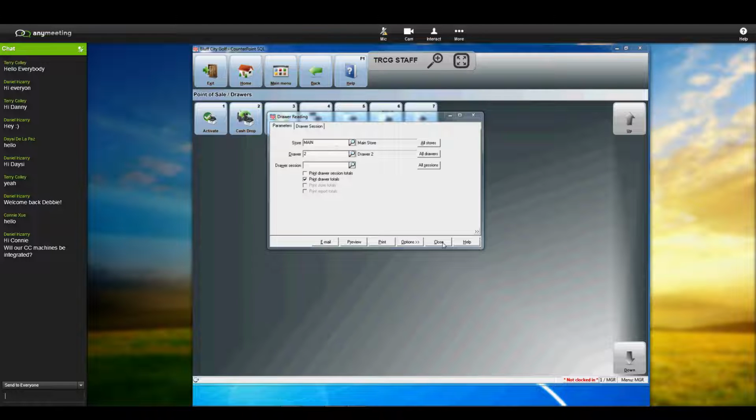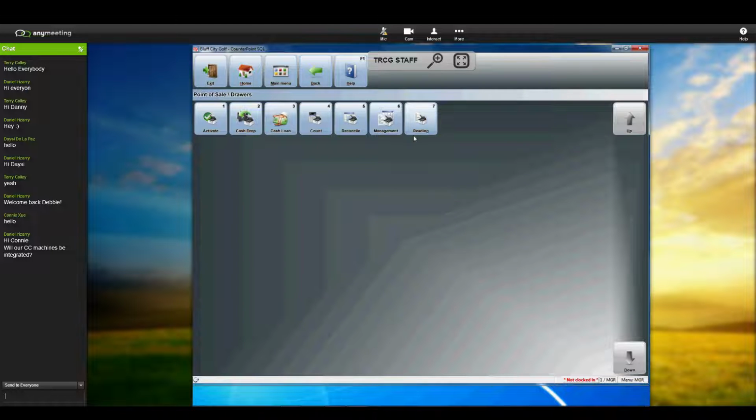All right, I'm going to close this. I'm finished with the drawer reading. I'm actually finished with the drawer. So I can go back one screen, and now it's time to post my tickets. You won't even have this credit card option anymore because what we set you up on is called Secure Pay, and it's not settled through Counterpoint anymore. We're going to go to tickets, and we have an edit list here